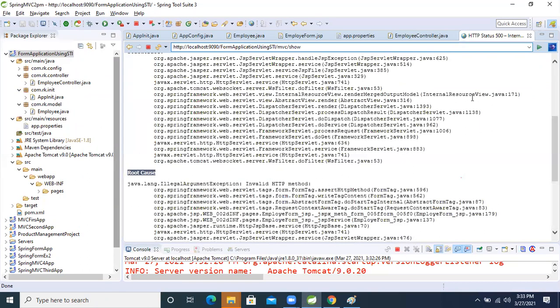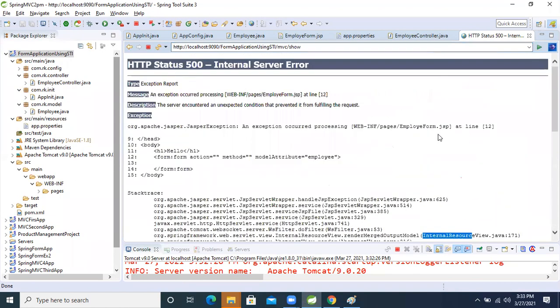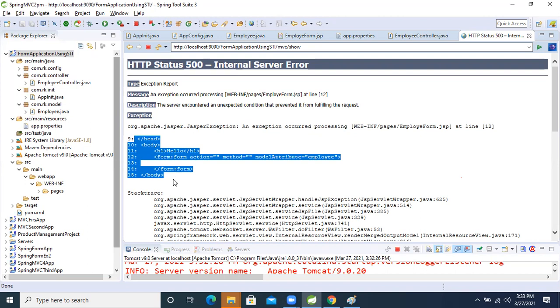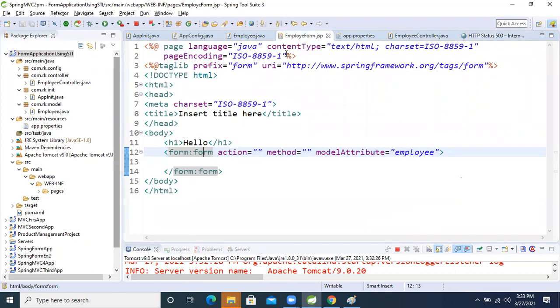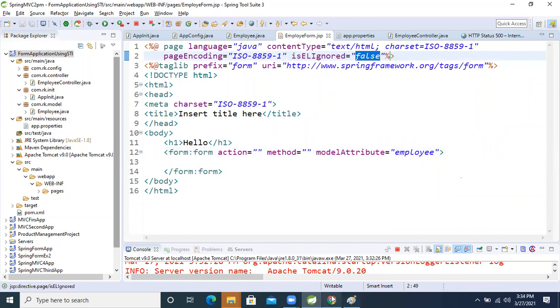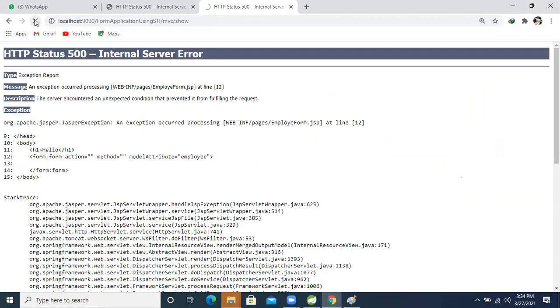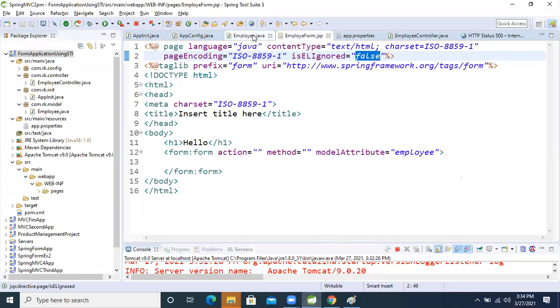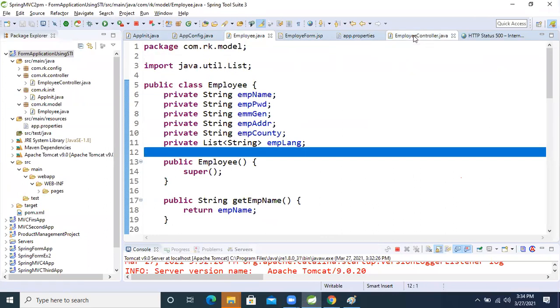It's going totally wrong. One minute, friend. Why is it giving the error? Everything is correct only, but it's still failing.